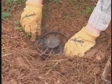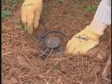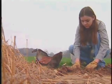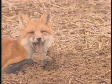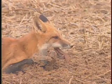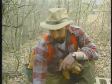This is the live hold foot trap. Critics call it the steel jaw leg trap. They say it's a cruel, crushing device that maims the animals it doesn't kill. In the next few minutes, we're going to take a hard look at a trap that has been called dangerous and inhumane. The stereotype about the dumb trapper is the farthest thing from the truth, because no other